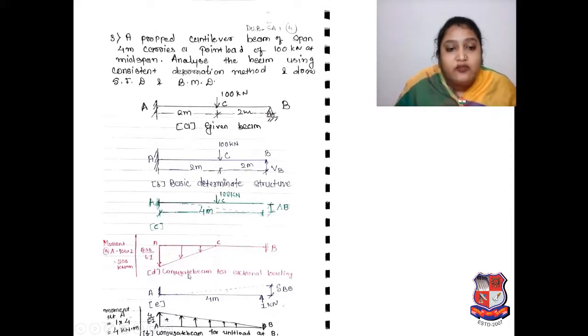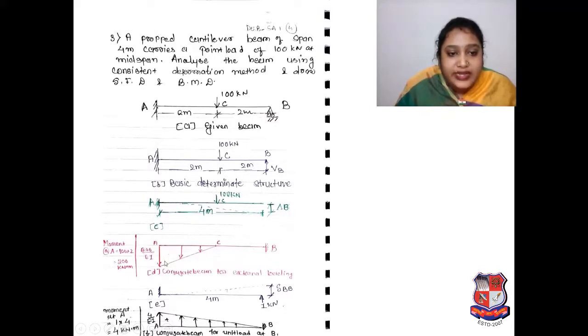Okay, now what do you have to do? You have to draw the conjugate beam for external loading. Okay, so here you can see there is no load between C to B. Your load is at C point. Okay, so your M upon EI diagram will be here, in A to C. So your M upon EI diagram over here